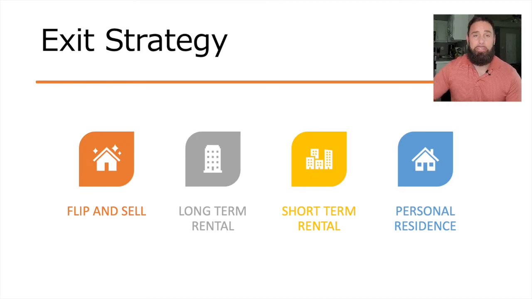Buying the house is half the fun. Now you have a new property, a new 1,300 square foot, $250,000 house. What do you do with it? Well, you can do a few things. We'll talk about 4, and we've done all 4. And by all means, you can do this as well. You can either flip the house and sell it for a profit.